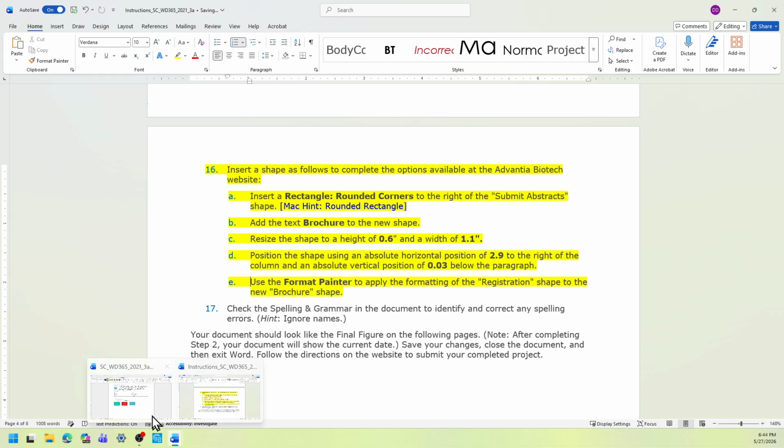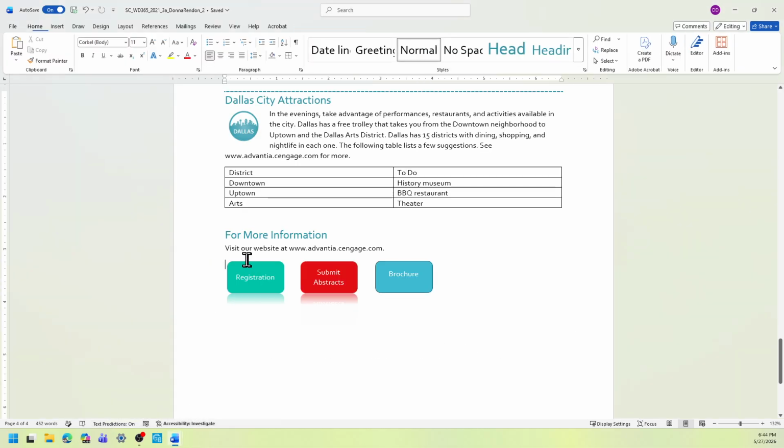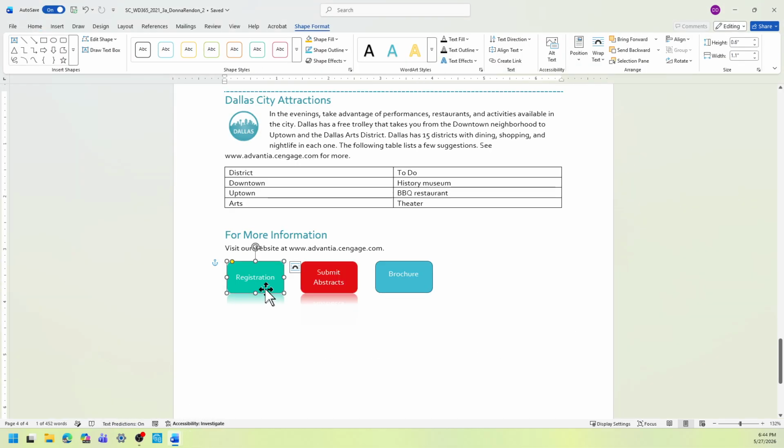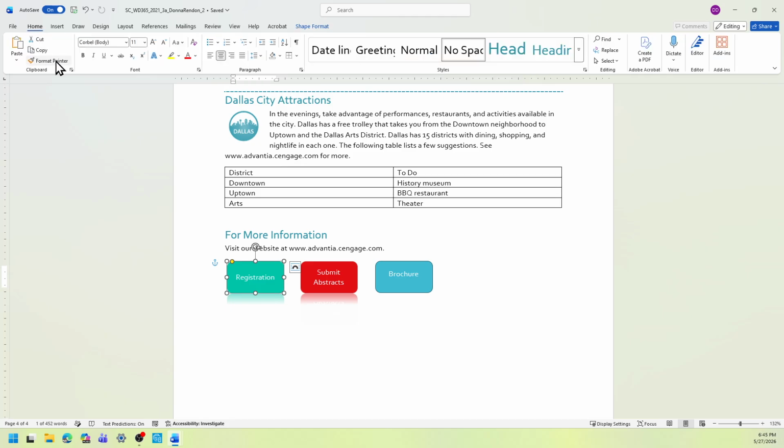Back to the start file. This is the registration shape. I'm just going to use the Format Painter. Okay, so for this one here, under the Home tab, select the Format Painter and then apply it to the brochure shape.